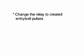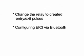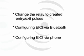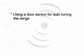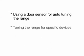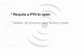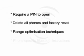Other features that are available include the ability to change the relay to create entry and exit pulses rather than toggle messages, configuring EK3 via Bluetooth rather than the programming cable, configuring EK3 via a phone rather than via the management application, use a door sensor for auto-tuning the range, tuning the range for specific devices, manage hidden devices and discoverable devices, require a PIN to open, delete all phones and factory reset, range optimization techniques,